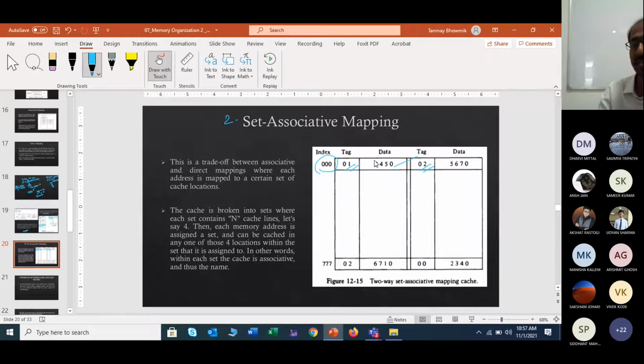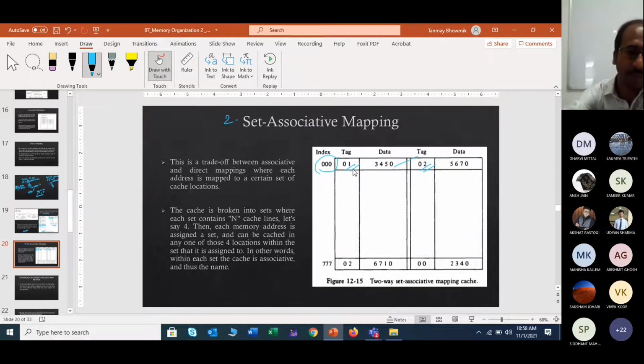So the point is that in one particular section you may have multiple cache lines, which is quite obvious, right? Now your tag has been mapped, your index has been mapped, so you are ready to insert the data. More than one location is available, so you can put the data into any one of the cache lines. That means again we are using the concept of associative. And previously we used the set of tag and index, that is why it is set. That is why the whole process is termed set associative mapping.